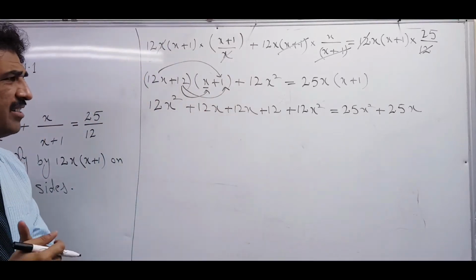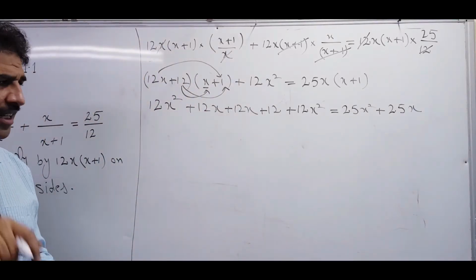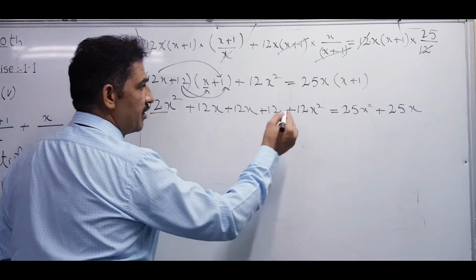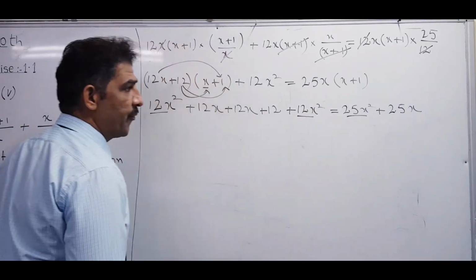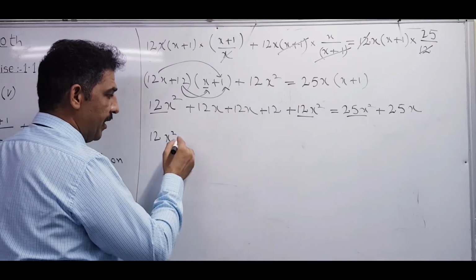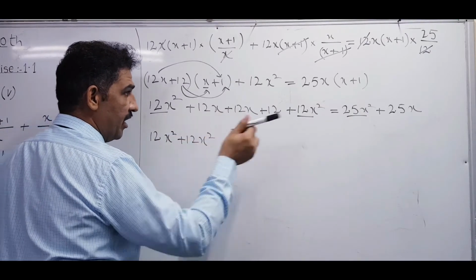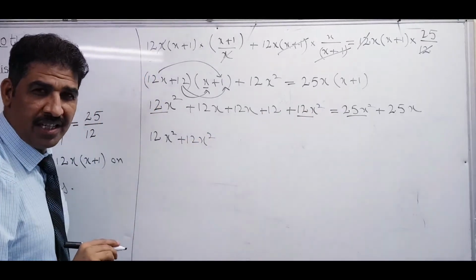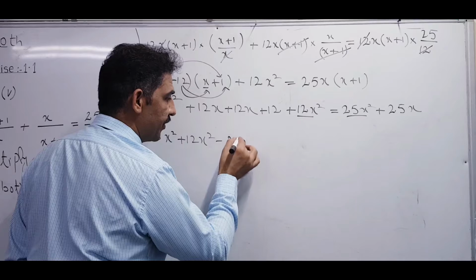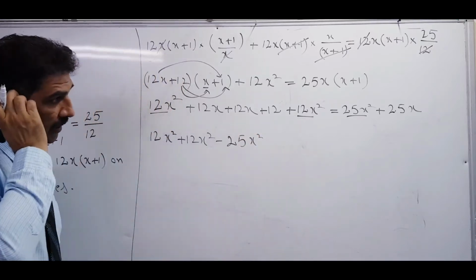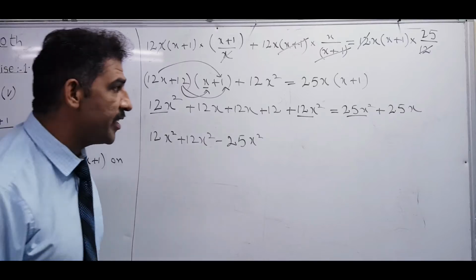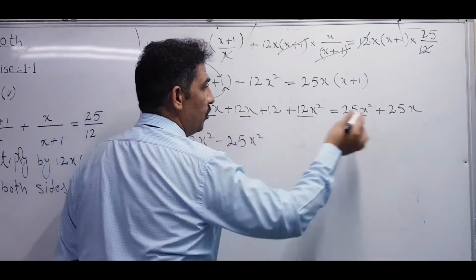Now we have to rearrange the like terms, then simplify, then we will go on to the factorization procedure. So the x square terms are this one and this one. So 12x square again plus 12x square, shifting to the other side of the equal sign. So what should come? Minus 25x square. After that, which terms do we have to write now? The x terms. There are also 3 x terms: 1, 2 and 3.